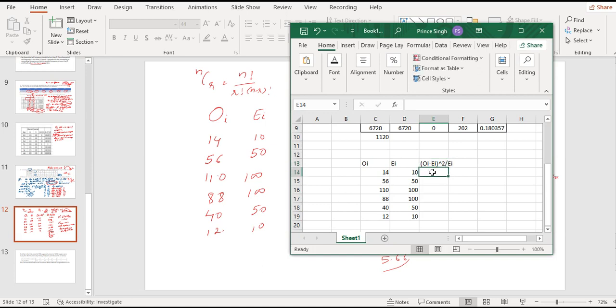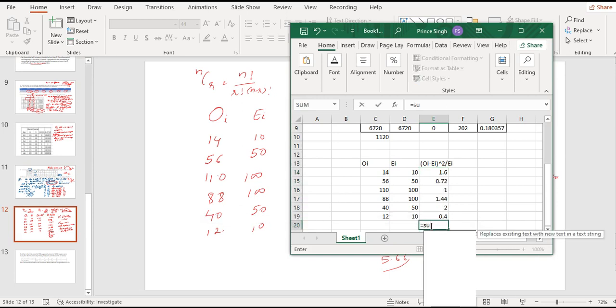So we can directly use this formula: firstly we find out the difference, this minus this, bracket close, its square, and divided by the expected frequency. So if we simply drag this formula, and the rest is the sum formula, sum we are going to calculate from here to here,